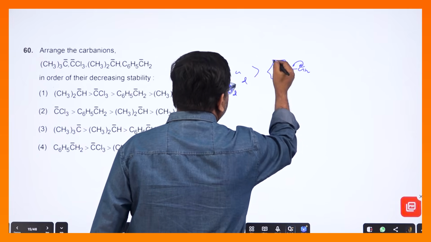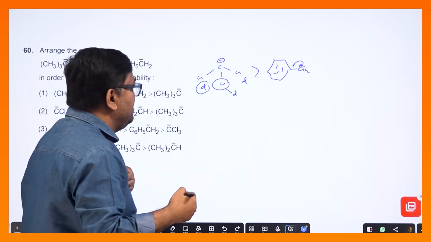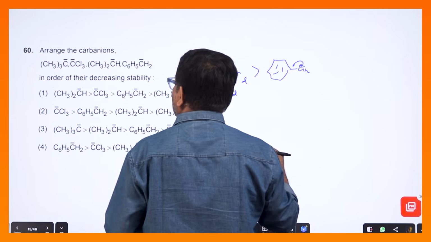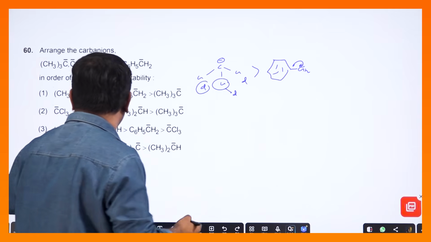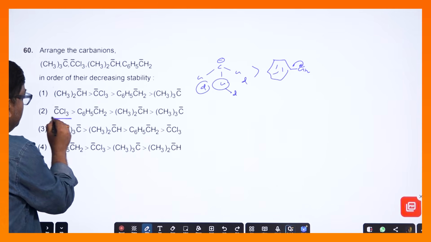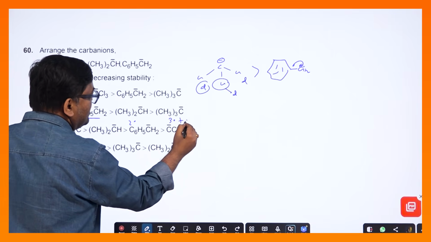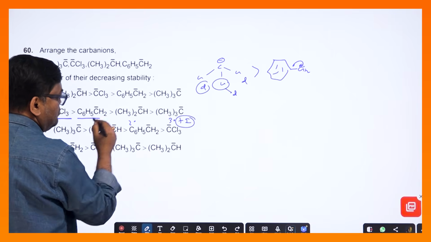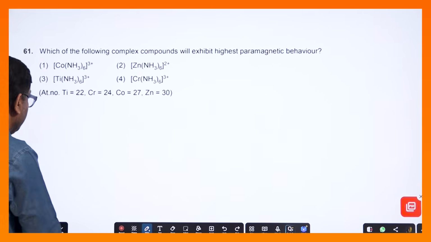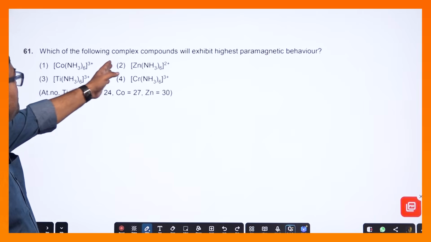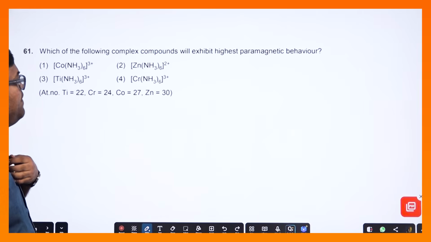স্টেবিলিটি বেড়ে যাবে। বেনজাইল থেকেও কিন্তু এখানে ভ্যাকেন্ট d তে যাতে বেশি বেড়ে যাবে, ঠিক আছে? তারপরে আসবে 2 ডিগ্রি, লাস্ট আসবে 3 ডিগ্রি, তাহলে প্রথমেই অপশনটা পেয়ে গেলাম, এটা সবচেয়ে বেশি, অ্যান্সার হলো 2, এটা, তারপর 2 ডিগ্রি, তারপর 3 ডিগ্রি, 3 ডিগ্রি যত +I বাড়ছে তত কমে যাচ্ছে এখানে, তাহলে এখানে অ্যান্সার হলো 2। নেক্সট কোশ্চেনে যাচ্ছি, বলেছে হুইচ অফ দ্য ফলোইং কমপ্লেক্স কম্পাউন্ড উইল এক্সিবিট হাইয়েস্ট প্যারাম্যাগনেটিক, একদম